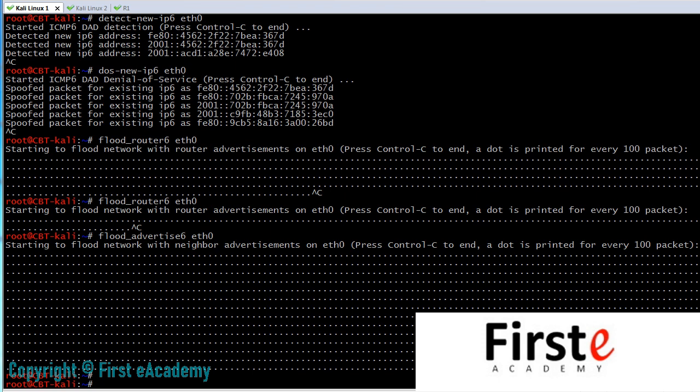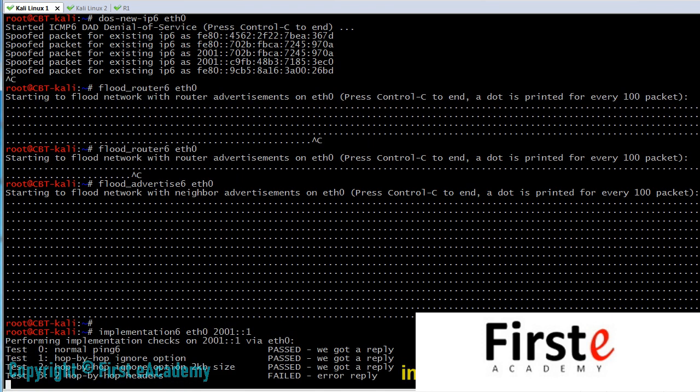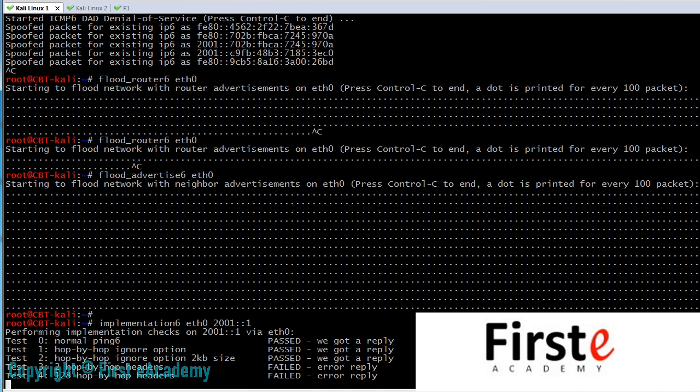Another really great tool that will help us to identify how IPv6 was implemented specifically on a host is to run a tool called implementation 6. Now this is also from the THC group, and the syntax is implementation 6, the name of the interface you want to use, and then the target you want to send this to. So what's happening right now,